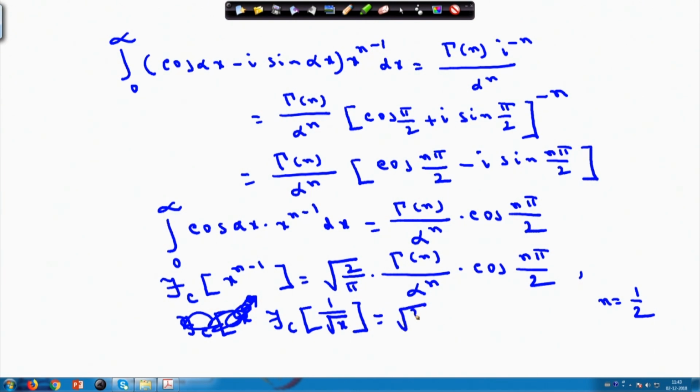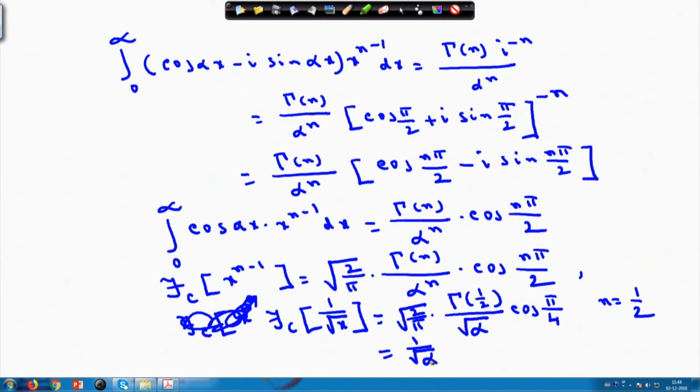So, if you write it down, it will become root over 2 by pi into gamma half divided by alpha to the power half, which means this will be root alpha into cos pi by 4, n is half. So it becomes cos of pi by 4. If I substitute the values of gamma half, that is root pi, and cos pi by 4, then this root 2 and this root pi will be cancelled,